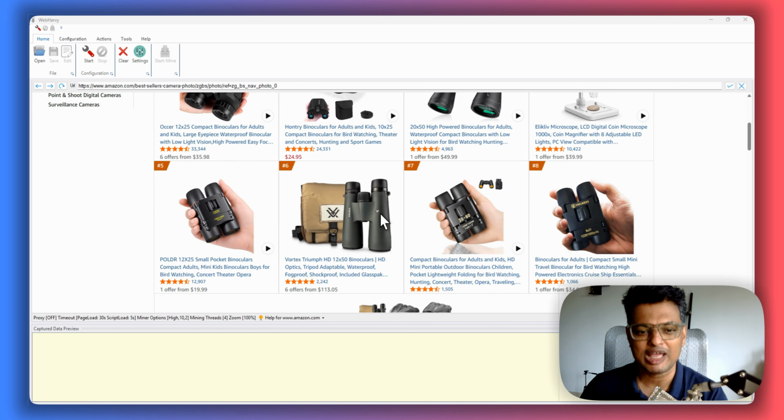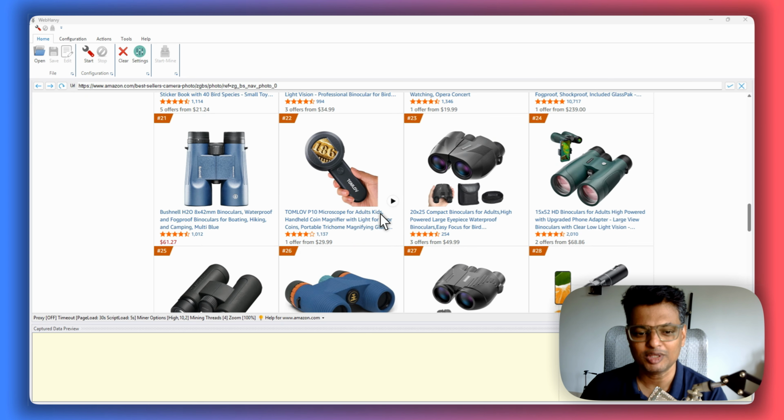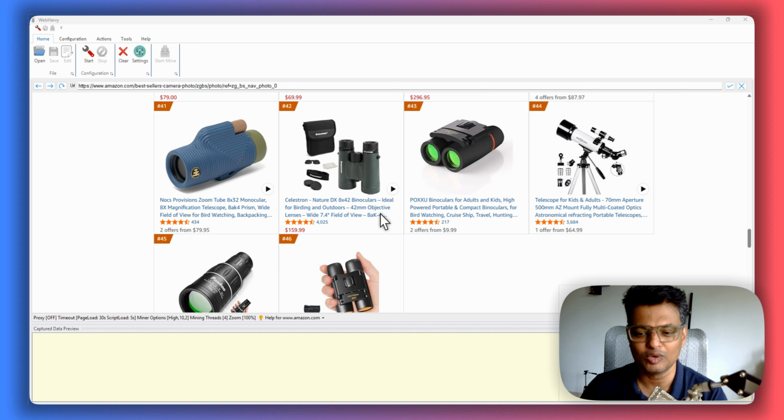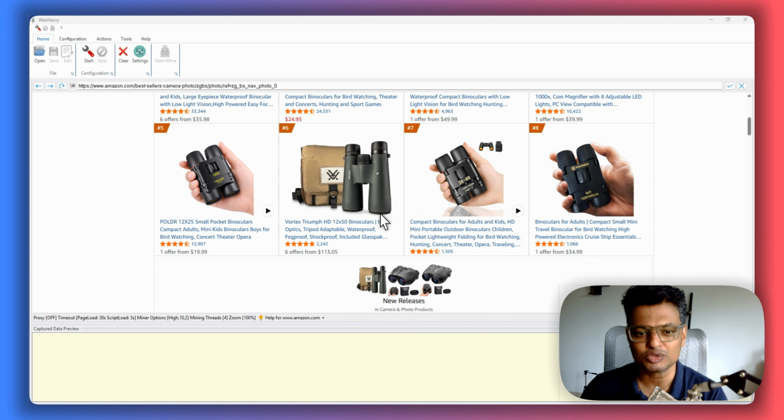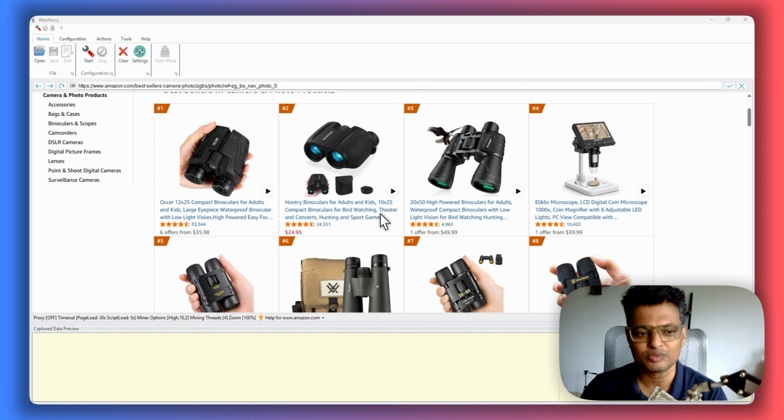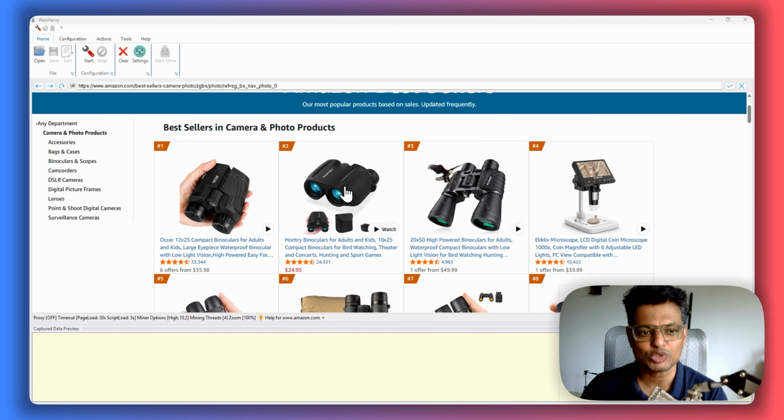Want to scrape Amazon BSR data without writing a single line of code? Well, you are in the right place. We are using WebHarvy to scrape product data from Amazon, and I have loaded the Amazon BSR page within WebHarvy's